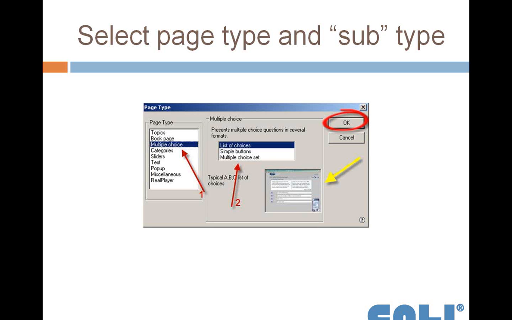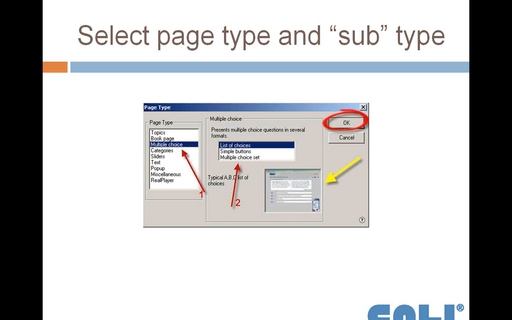What type of page on the left would I like this to be? And then what subtype of page? Some pages have subtypes. A book page does not have a subtype. A multiple choice page does have a subtype. And if you're counting the pages along the left and looking at the things on the right and wondering how did I end up with 13 question types and 14 page types, it's because of all the math permutations that